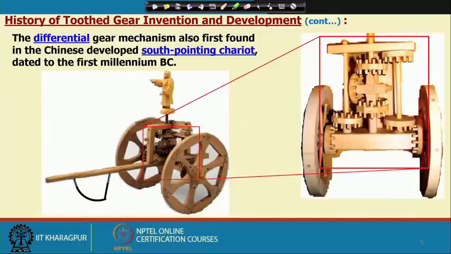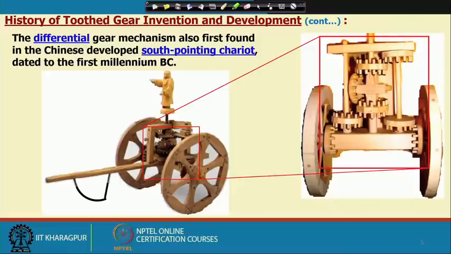In this case, it is always pointing toward the south. That means, for the whole device, we have to keep directing this finger toward the south, and then it would work. Now, here if we look into these gears, this is again simply put on a cylindrical bar, on a cylindrical